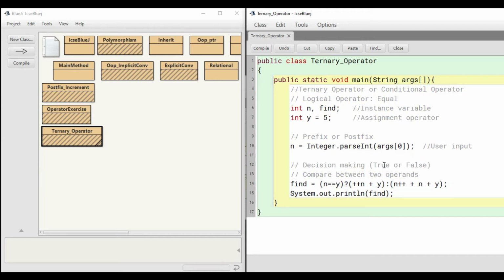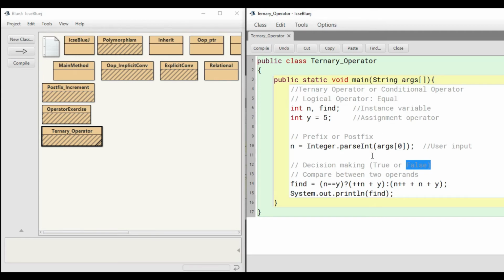If it is true, a particular segment will execute, and if it is false, another segment will be executed. So in the case of the conditional operator, there is a decision made between two operands. The outcome of that will be either true or false. That is what the ternary operator does.